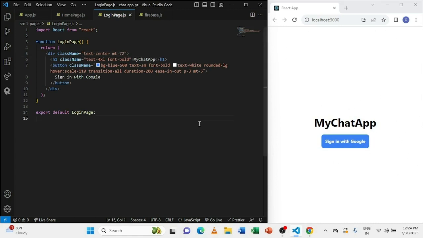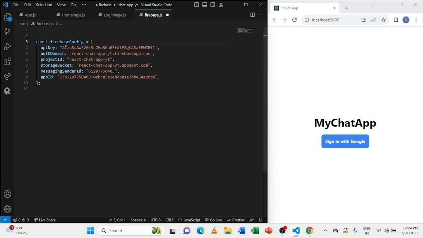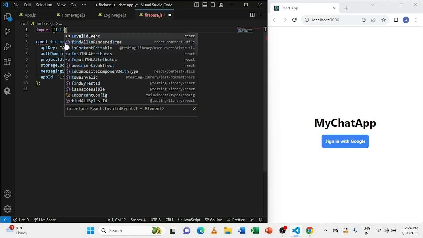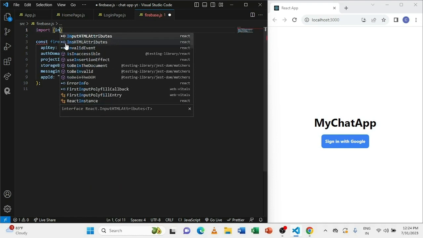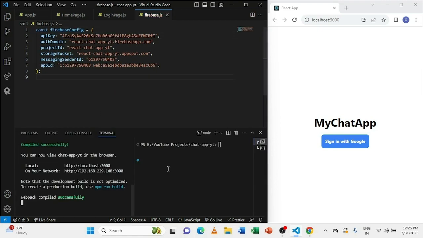So now we can actually add the functionality of signing in with Google, and it's really simple with Firebase. Firstly, you need to create those objects that you require, basically the auth object and a provider. So for Google authentication, you need a Google provider also. So first let's import whatever we need. Oh, before importing, I forgot one thing, that we need to install Firebase inside our application. So just write the command in the terminal npm i firebase,